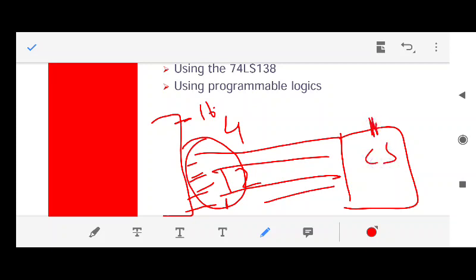This is known as CS. CS means chip select. So remember, the memory also has one special pin which is known as chip select, CS. Whenever it is made low, it will select that chip. Otherwise it is always high. So these 4 address lines which are empty, which are not used, what you do is make them a composite, a single signal, and connect it to the chip select. Now this is our problem, how to make it a composite signal. For that purpose we use decoding.